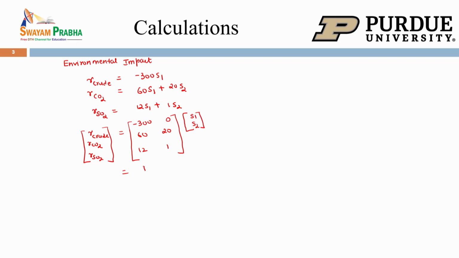So, this is our intervention matrix B and then the scaling factor, and that is the R, which is the vector that contains information about total resource consumption and emissions production. So, when you plug that value in, your values will come to be... we already know our scaling factor is S1 equal to 1 and S2 is equal to 5. So, when you do that calculation,